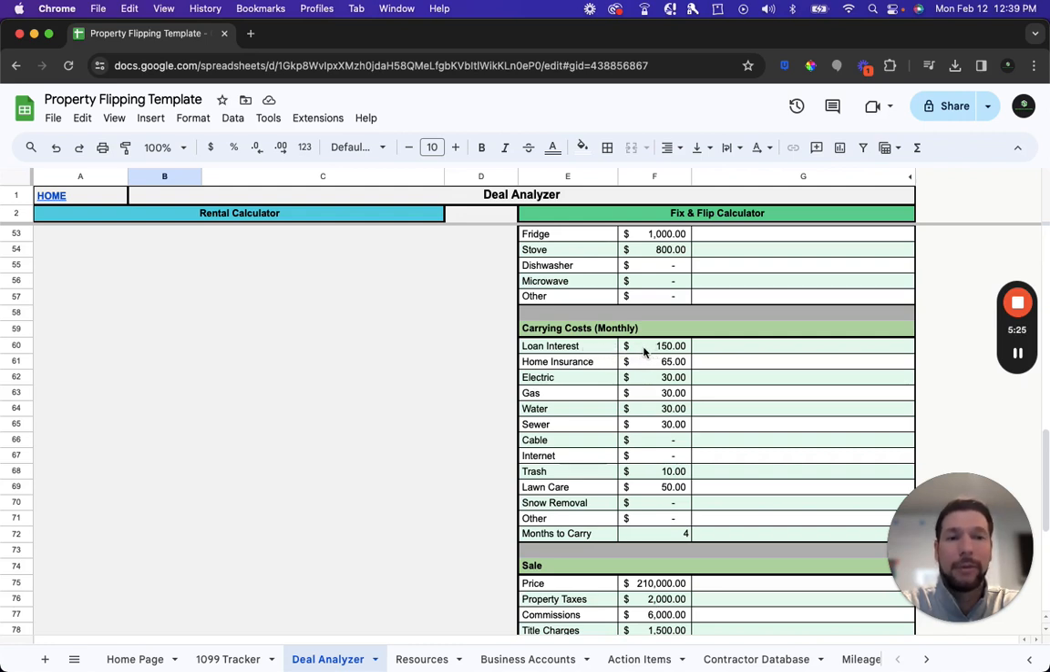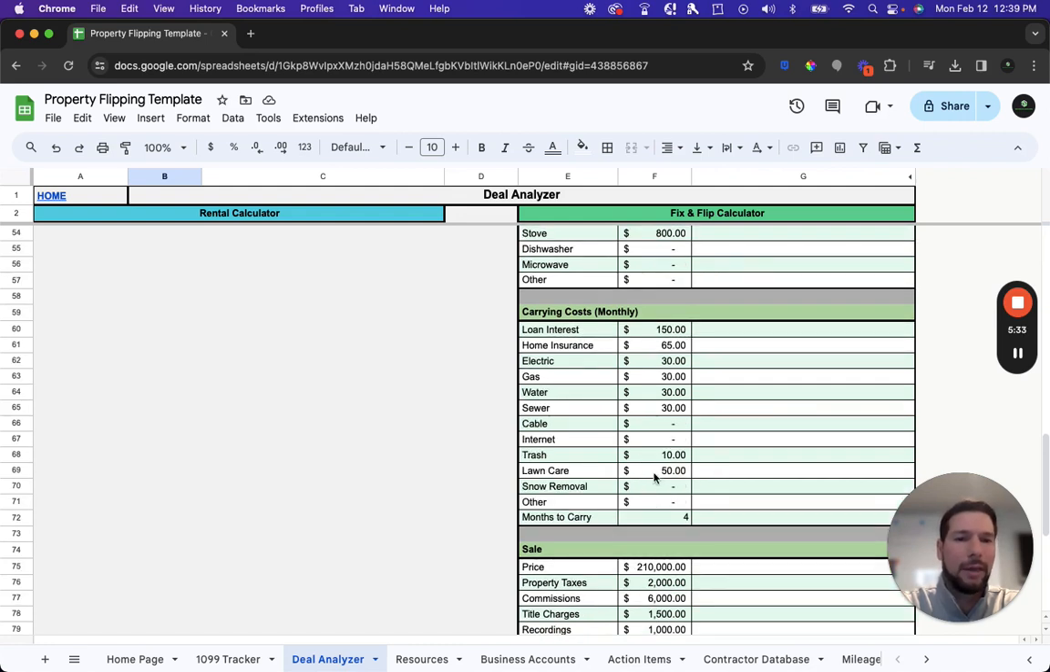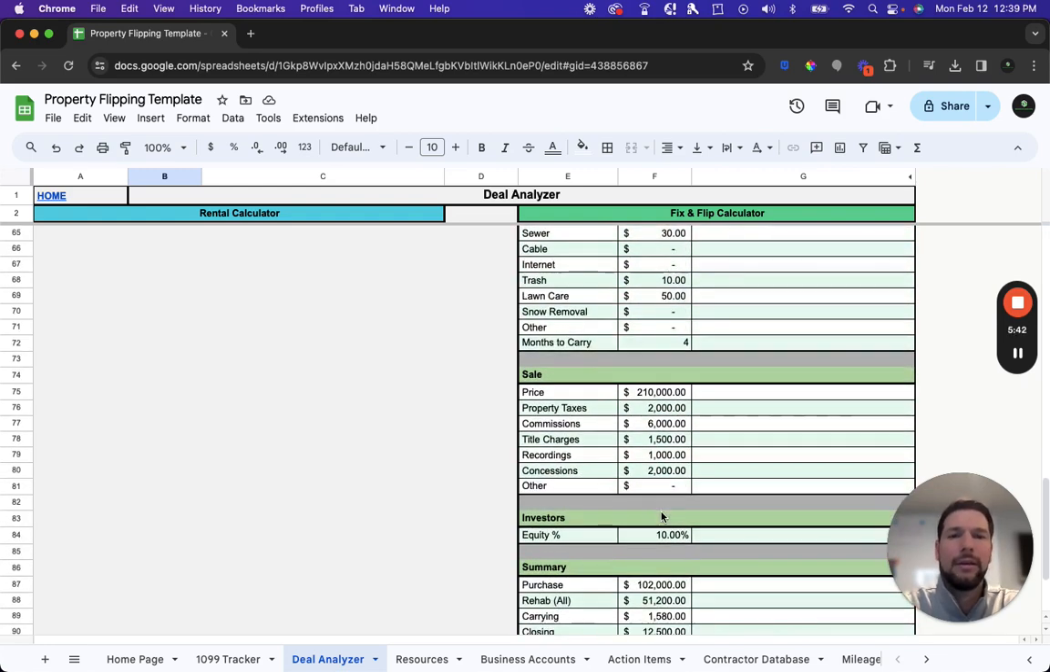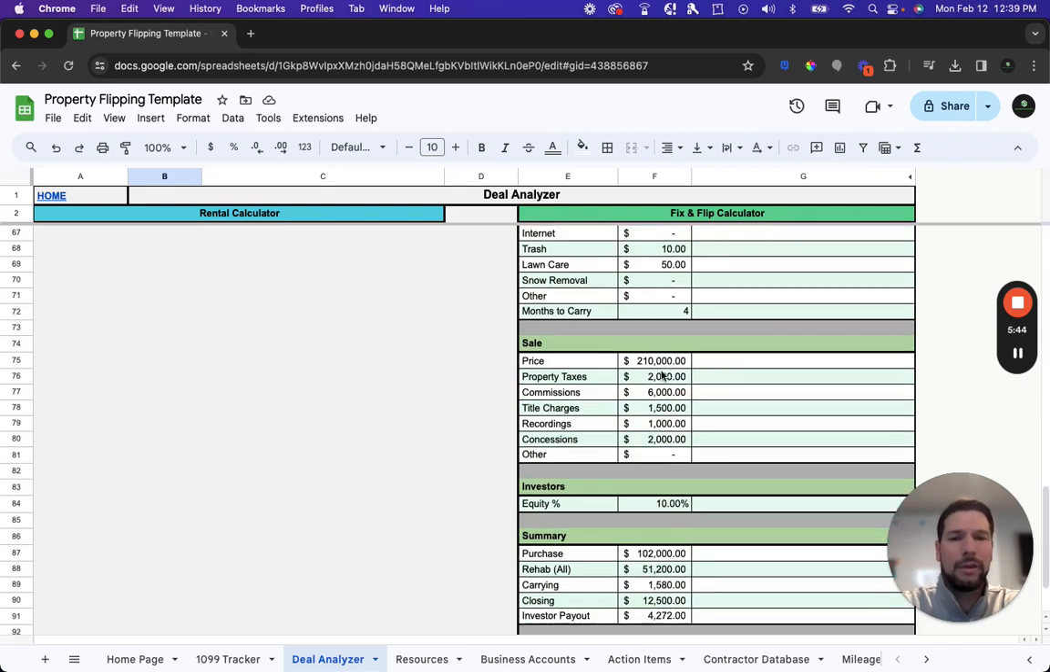So you're probably going to be paying interest either to investors or a loan you have on the property. You're going to have home insurance, your utilities, if there's any maintenance type of work like lawn care or snow removal. And then you're going to put in here your estimate of how many months you expect to carry that property. And then down in the sale section of the calculator, you're going to have in here what you expect